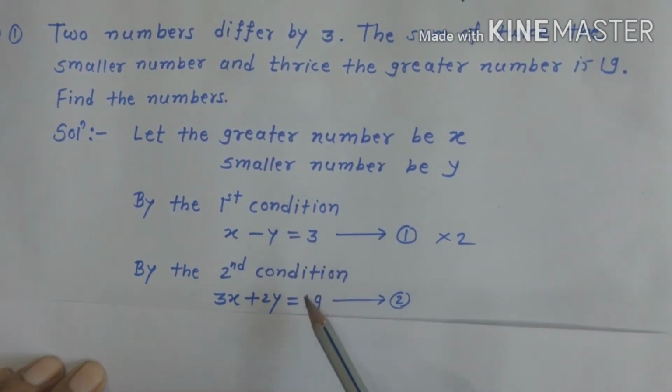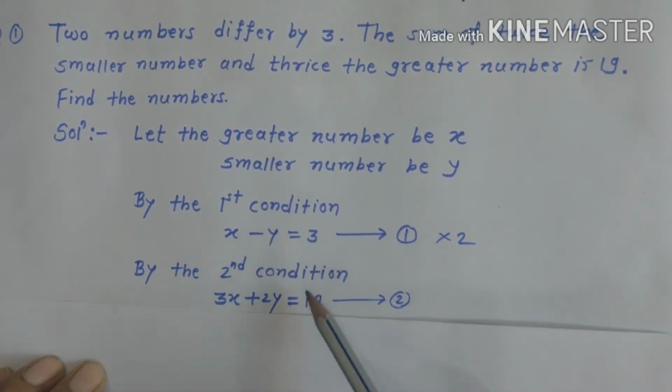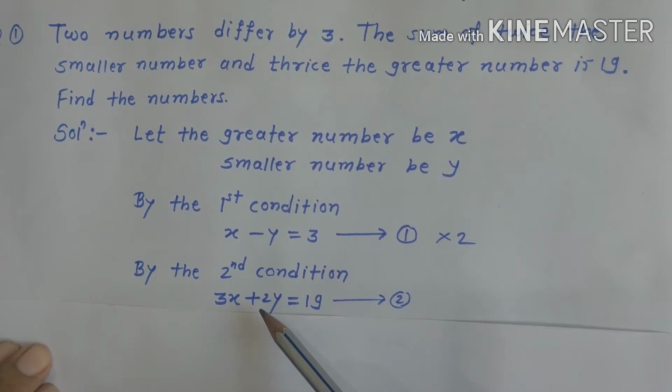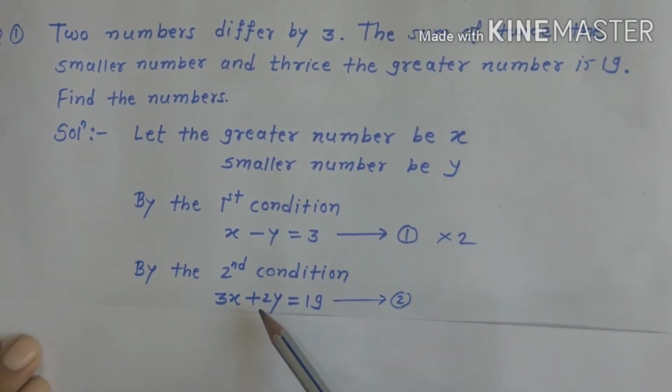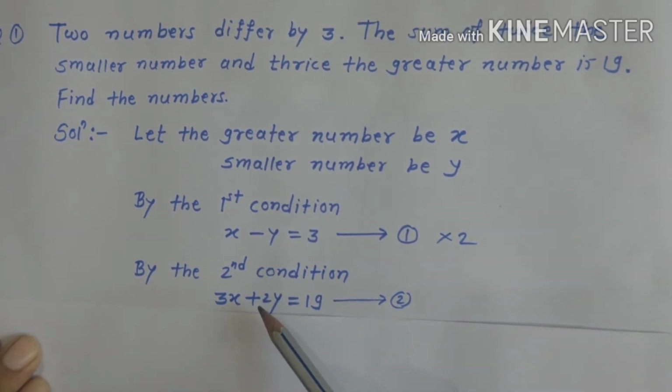So here we have found two equations. These are the simultaneous equations. So to obtain the values of the variables, we need to solve these simultaneous equations. We have seen how to solve simultaneous equations. Here we are going to use the elimination method to solve these equations. In the elimination method, one of the variables is eliminated. So first choose the variable which is to be eliminated, and then make the coefficients of that variable equal.